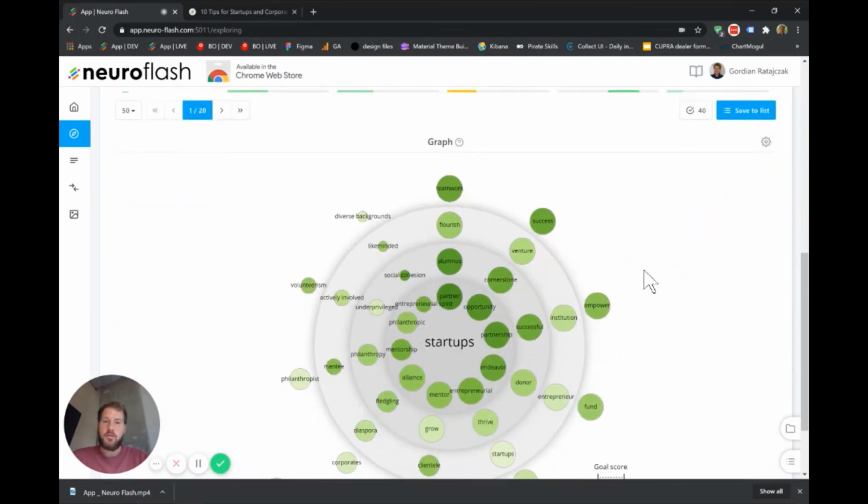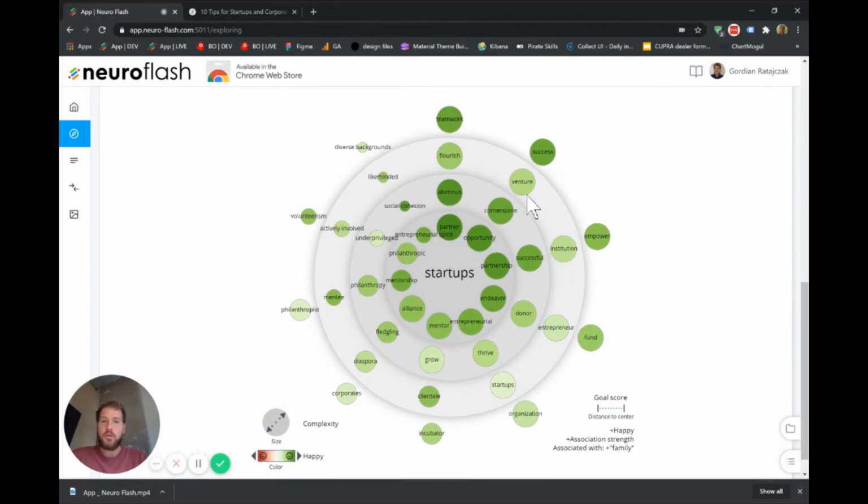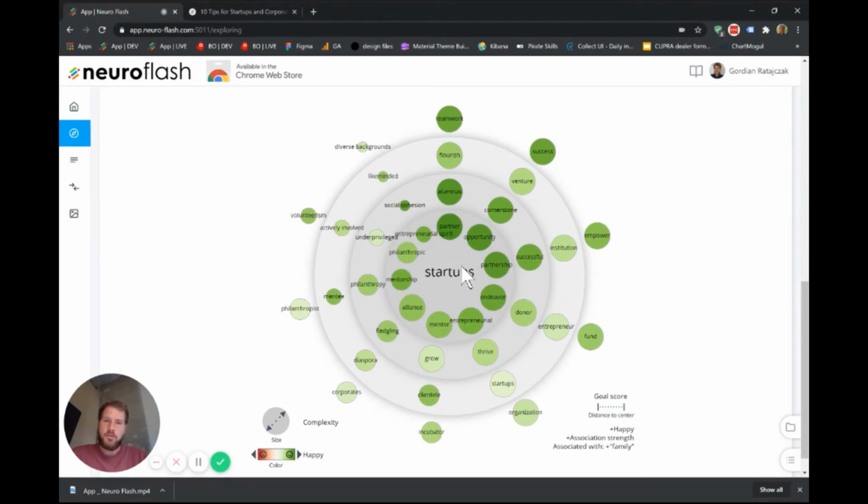All this brainstorming you usually do with your colleagues, maybe, or do research online, the system does for you with a few clicks. And now you can see we really have these positive family connection associations connected with startups. So we talk about entrepreneurial spirit, philanthropy, alliances, mentors, teamwork, and success.